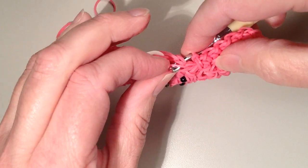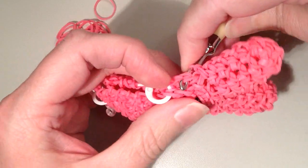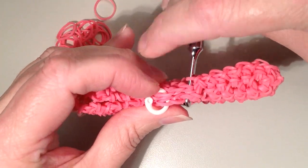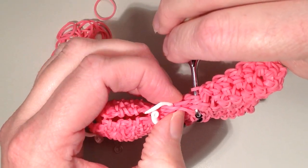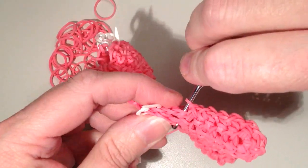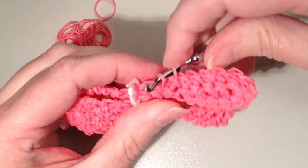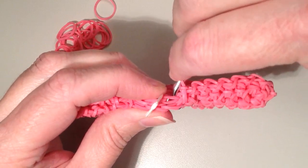Then I'm going to grab this loose band, get that in the center, and then go through another band here on the front. It's actually the part here where the ear had connected on the head that I'm going to go through. And you can just double check your stitches here. You can see I had lined this one up, we have the one above it, and then these would match up. So again, pull through everything. It's a little bit more difficult because we have that extra loop on our hook. So just make sure you get through everything. And then again,